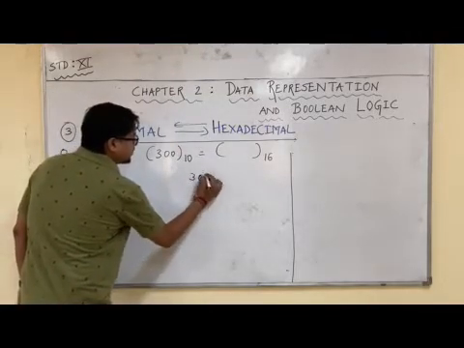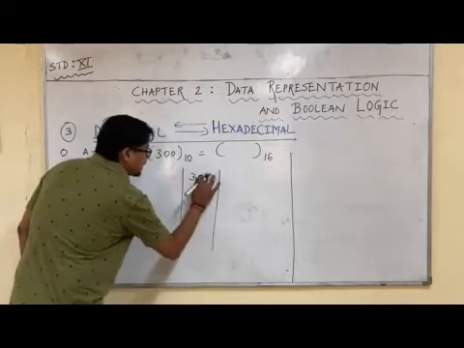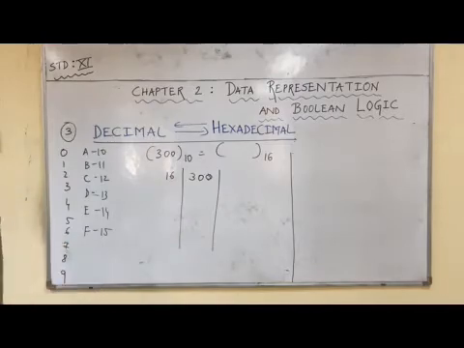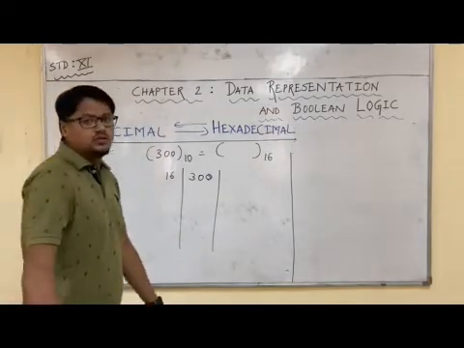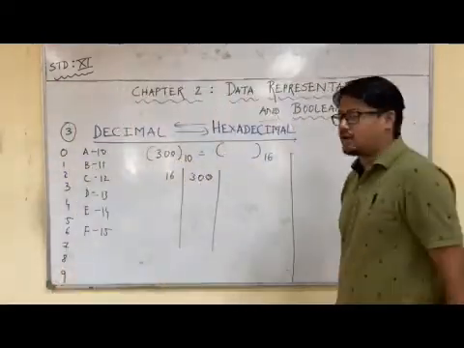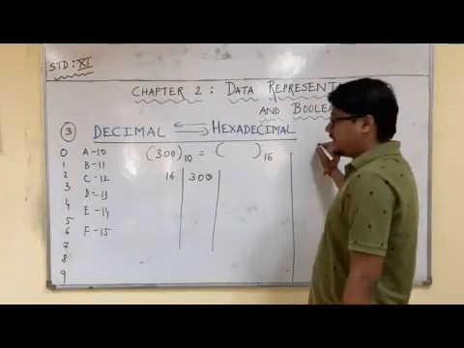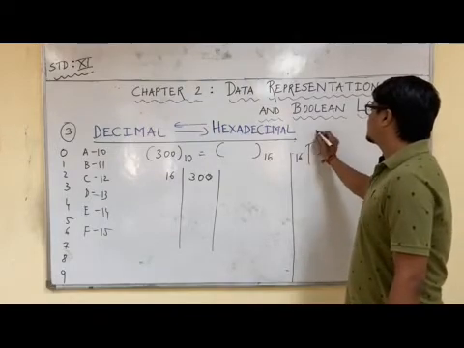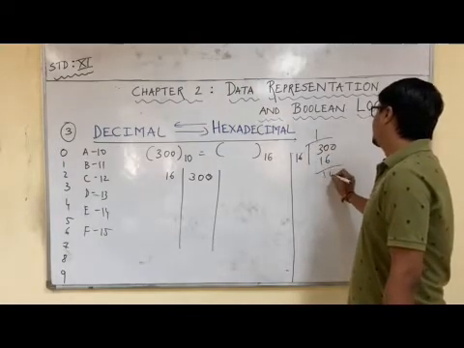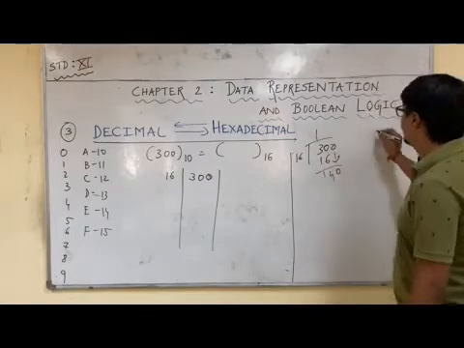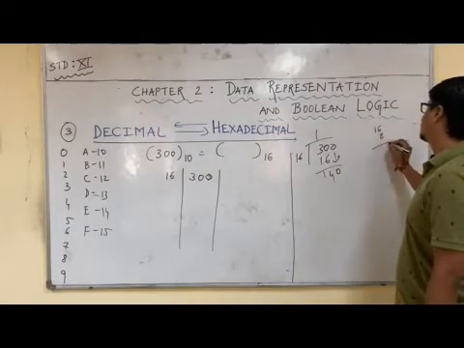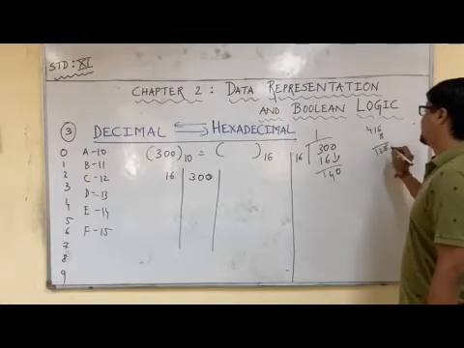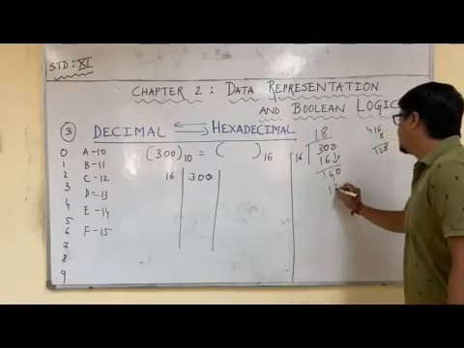So 300 has to be converted into hexadecimal, which means we have to divide by 16. It is okay if you are not comfortable dividing directly, so let me help you out with the division. The rough work will be done here. 300 divided by 16. Let us do it. 16 ones are 16, 14 will be left, and 16 8s are 128.